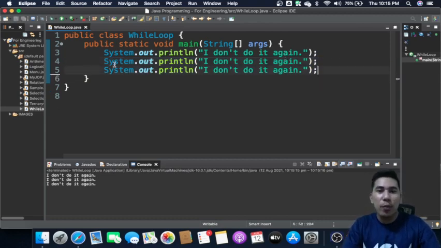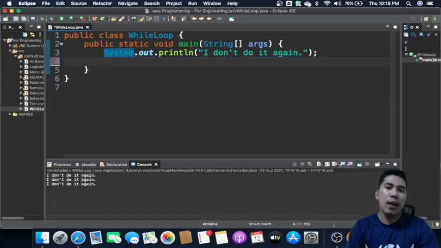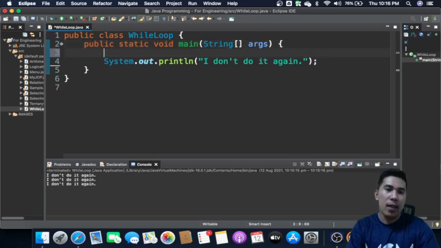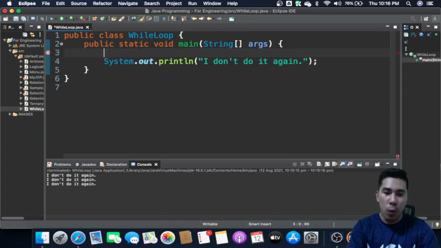So this time, a loop is used for executing this statement with only a single line of code. What if you only want to write this once, and then repeat the process using a loop?